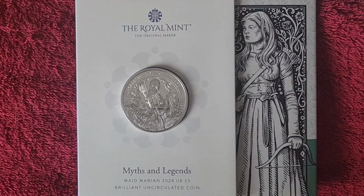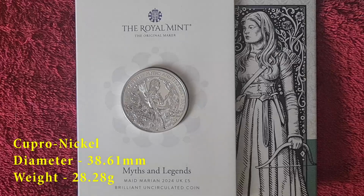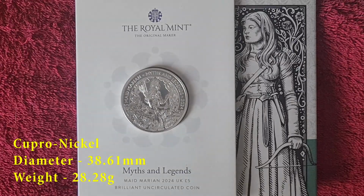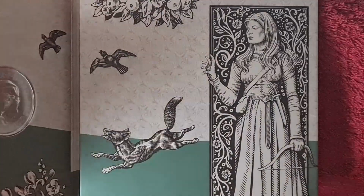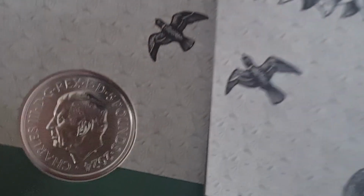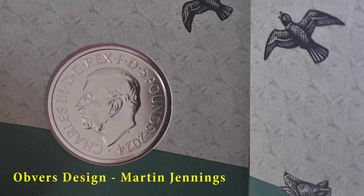The coin itself is the standard metal alloy of cupro-nickel. It measures 38.61 mil across and its usual weight of 28.28 grams. The actual obverse of the coin, it's the Martin Jennings design of the king, and then the rest of the packaging,